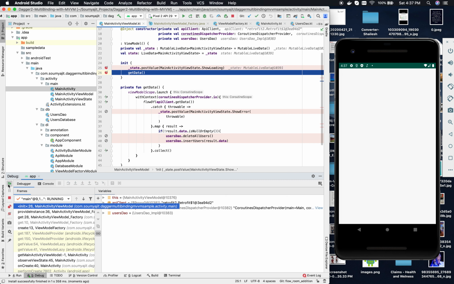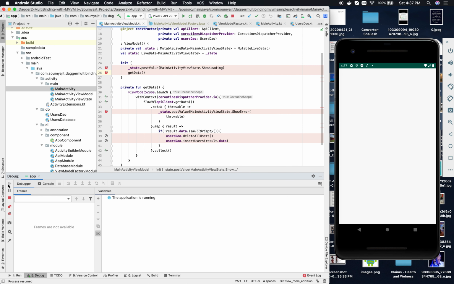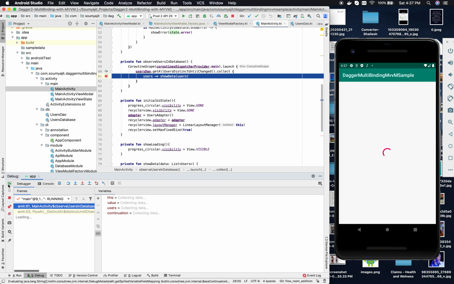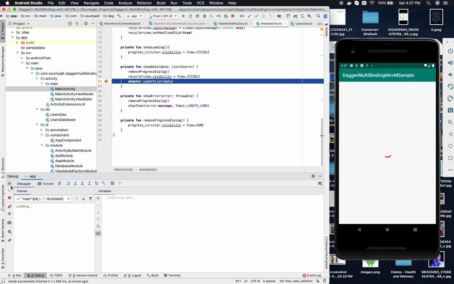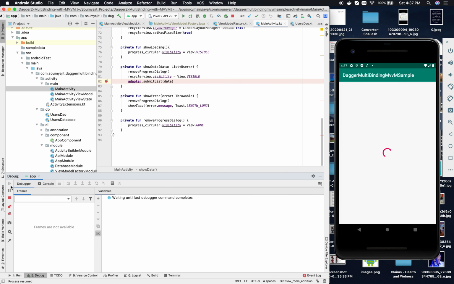Now we have called get data, which eventually calls the API to get the data for us. And now in observe users in database we get item 0, because currently there is nothing present in the database, and the API call is started in a different coroutine scope, and there is no data.